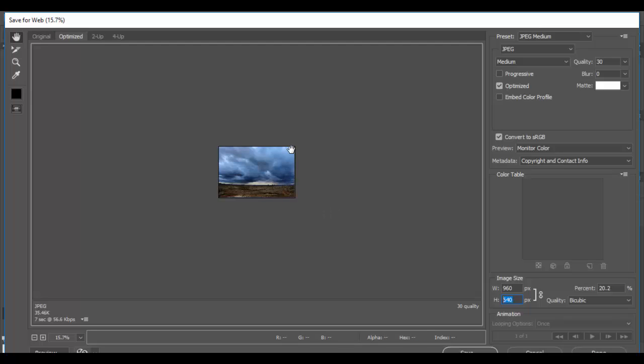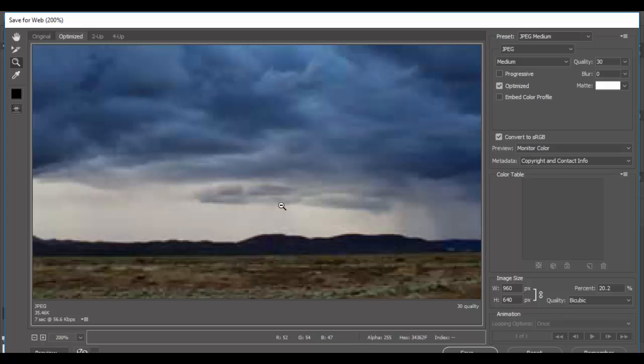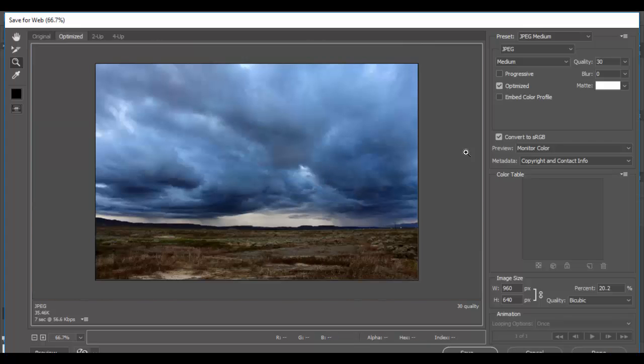Now, what's really important is you can see how much smaller it is here. If I zoom in here, zoom out just a little bit, there we go. By default, this is going to convert to an sRGB profile, which is a standard, which is fine. In terms of everything else, leave optimize checked, but everything else can be unchecked. Monitor color is the preview mode, and then here is where you can have your metadata. So if you have copyright info and contact info, you can have that on there, and that's what's great about